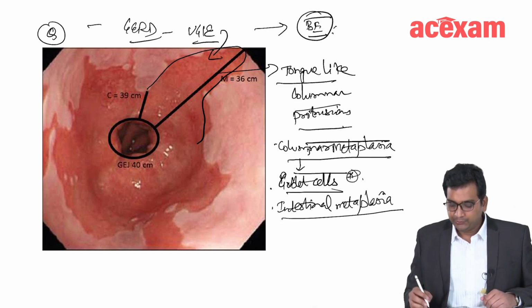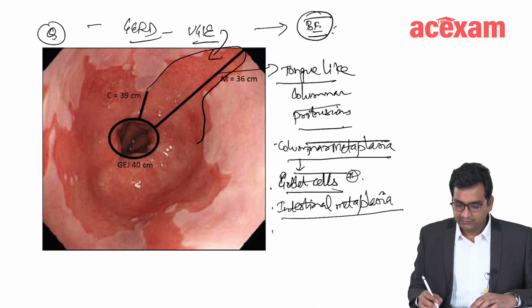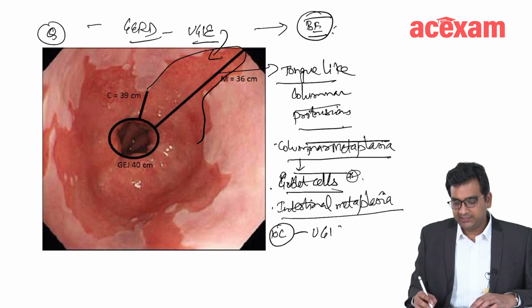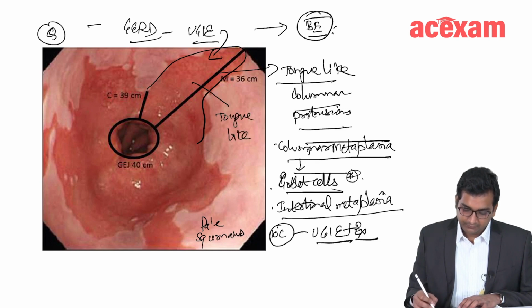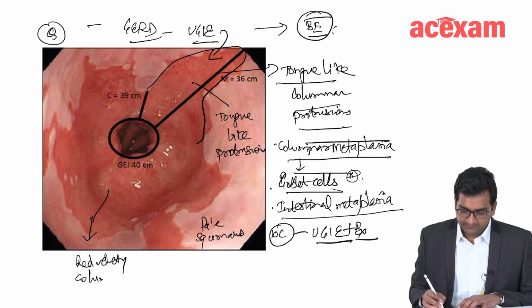Okay, so what is the investigation of choice? The investigation of choice is upper GI endoscopy and biopsy. Okay, what we will see on upper GI endoscopy is pale squamous mucosa of the esophagus here, and along with that there is presence of tongue-like protrusion, and there is presence of red velvety columnar epithelium. Okay,